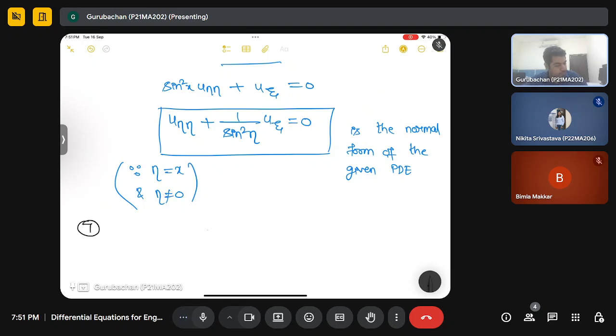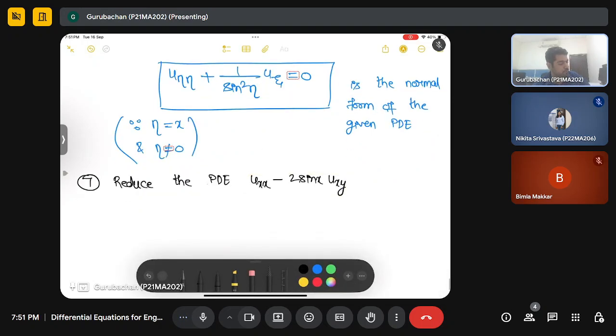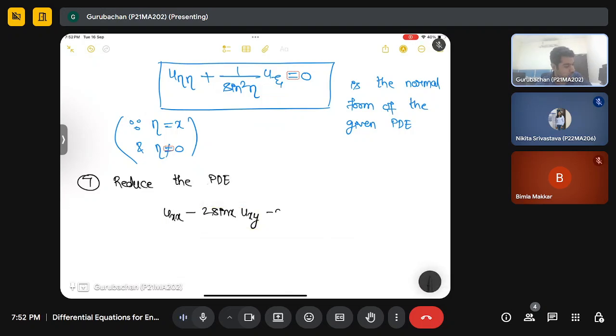So question number 7: reduce the PDE u xx minus 2 sin x u xy minus cos square x u yy minus cos x u y equal to 0